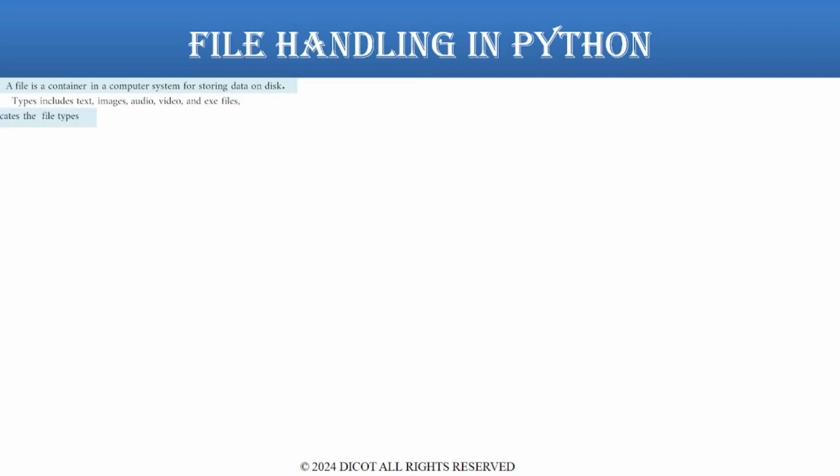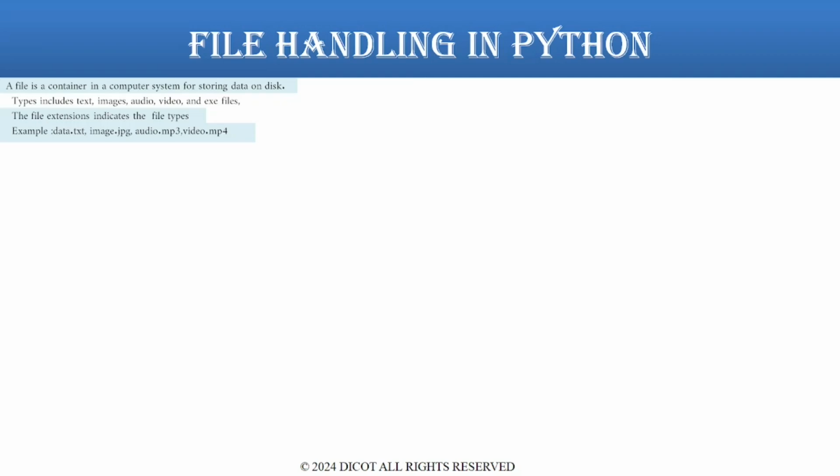Files are identified by file names and usually have extensions that indicate their type, such as .txt for text files, .jpg for images, or .exe for executable files. Examples are data.txt, image.jpg, video.mp4, audio.mp3, etc. A text file typically contains readable characters and can be opened and edited with text editors, like